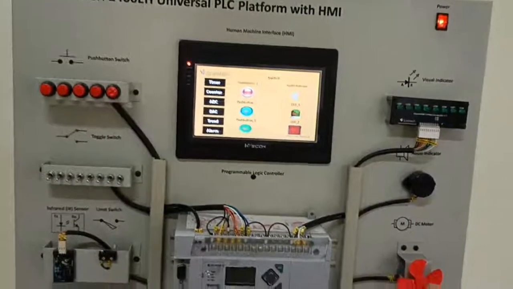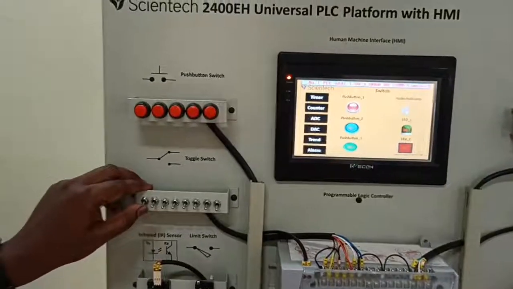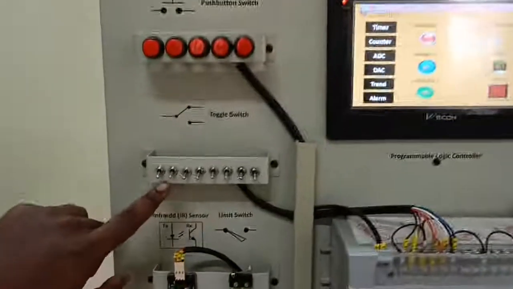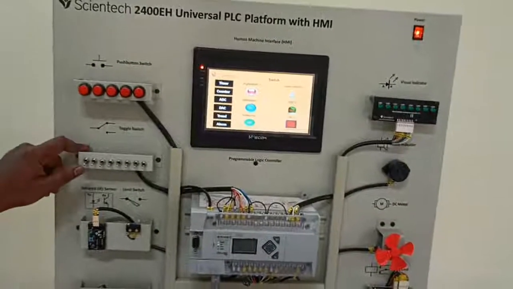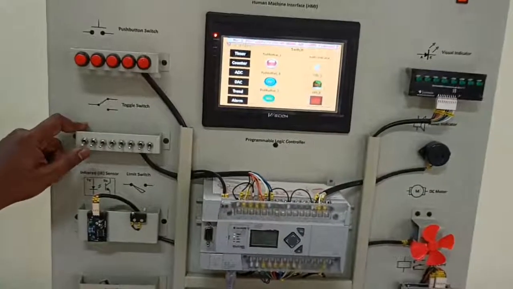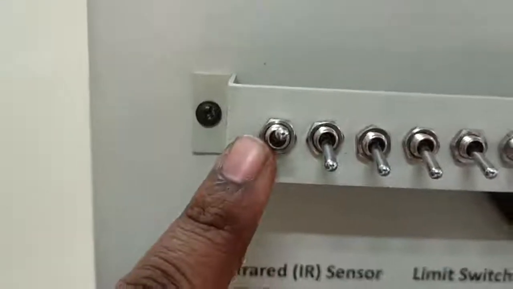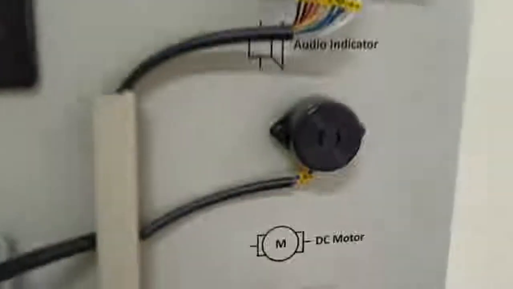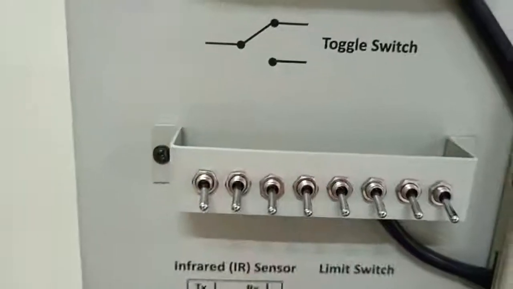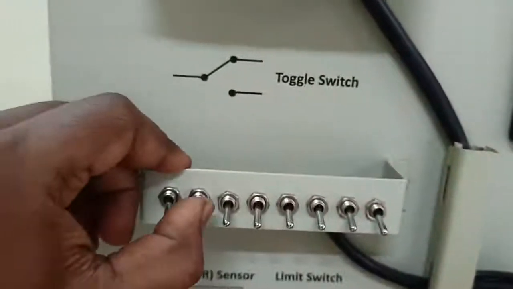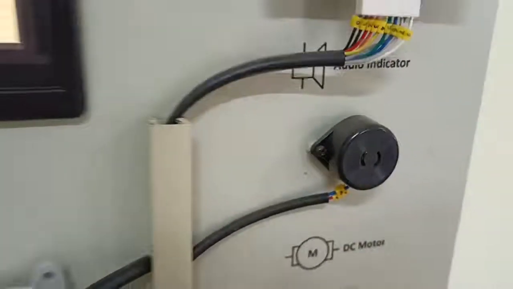Okay, so look here. Here 2 inputs are low. With both inputs low first, there is no buzzer sound. Next, one input is high and another input is low. Look here, this is high, this is low. Is there any buzzer sound? No. Next, one input is low and another input is high. Any buzzer sound here? No, nothing.